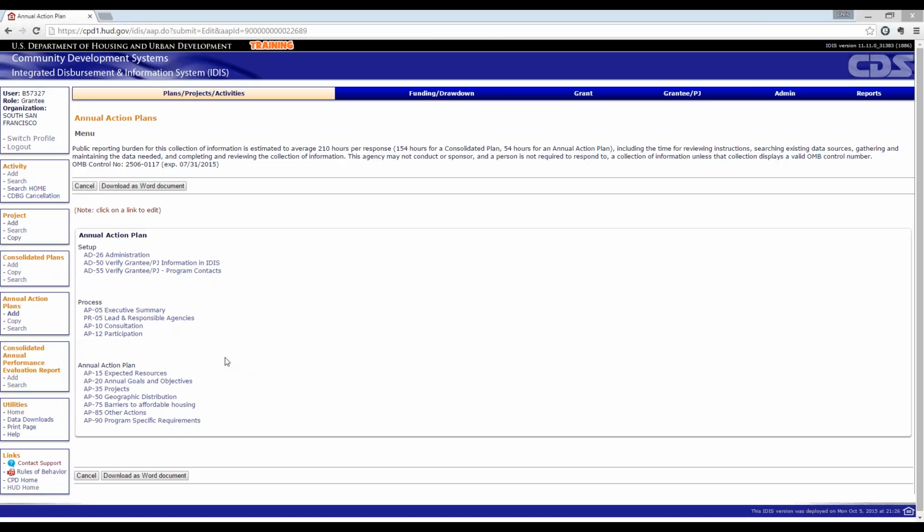So coming in as the participating grantee, you would just search under your own annual action plan tab, click the search, find the appropriate action plan, and go ahead and make your edits there. And again, if you don't see the comp plan or the annual action plan or the CAPER tabs here, consult with your local IDIS administrator and ask them to make sure that you have access to the comp plan and action plan screens.